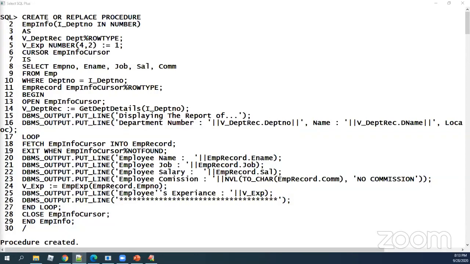Now every procedure is having how many parts? Can you just tell me? Two parts. What are they? Your header and your body. Okay.